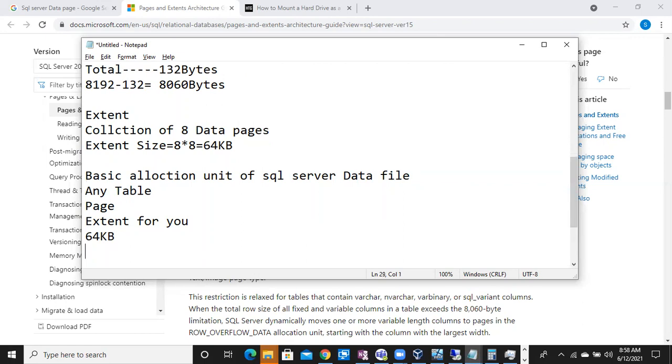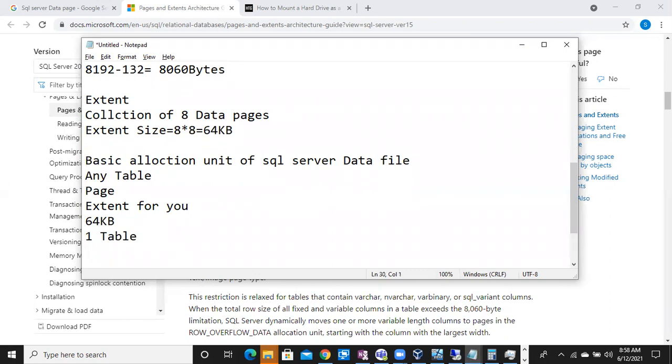Even if you are trying to create one table, SQL Server will give you one extent, means 8 pages. You may ask, sir, I am just creating one table, and it is giving 8 pages for me. So it is giving 8 pages means waste of storage, right?